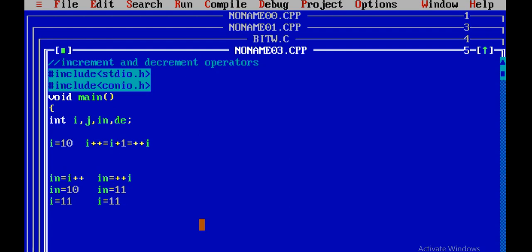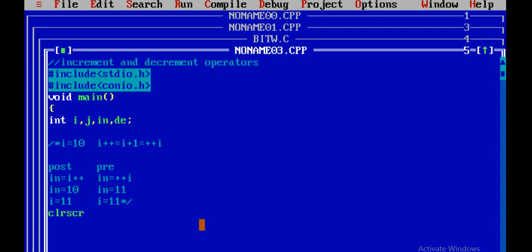Now we'll see the programs. Decrement is also the same. In post-decrement, first assign then decrement. If pre-decrement, first decrement then assign. Now I'm putting all of these in a comment section. Why? Because after seeing the program, if you want to copy any text from this, you can make use of it. This is a multiple comment line, because whatever we are writing there will not be compiled by the compiler.